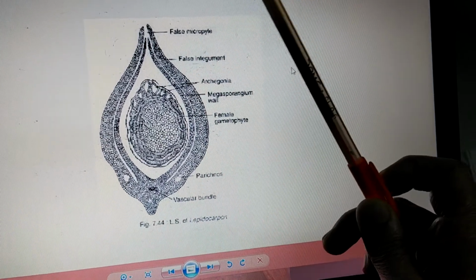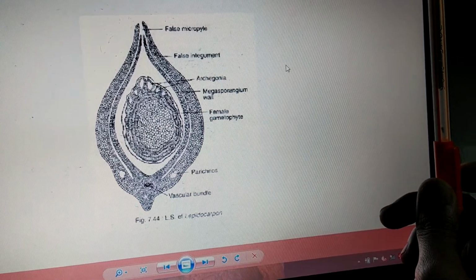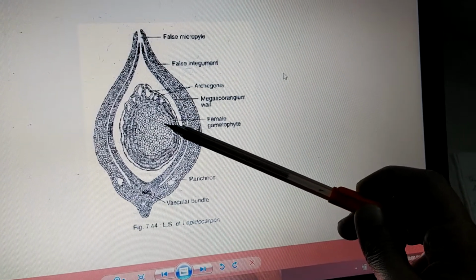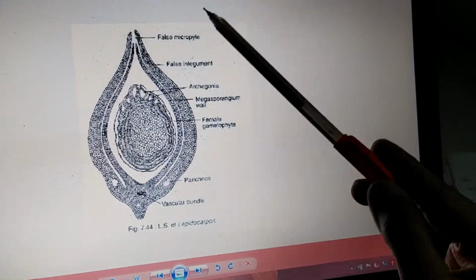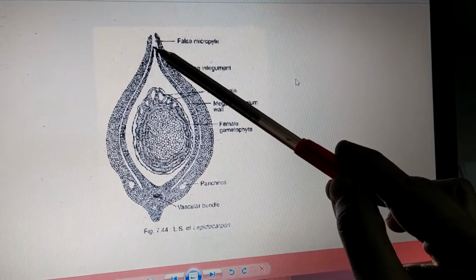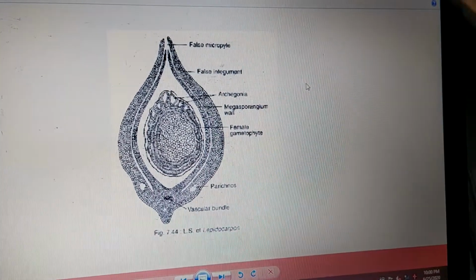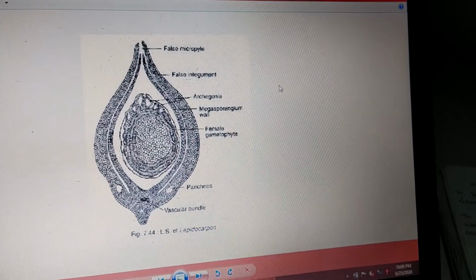So we have only one functional megaspore, which is a character similar to that of gymnosperms, and it retains that single functional megaspore in the megasporangium. The formation of the integument leads to the formation of what is called a micropyle. I completely agree the micropyle is a false one, but still a micropyle is formed. These characters resemble the seed characteristics of the gymnosperms.